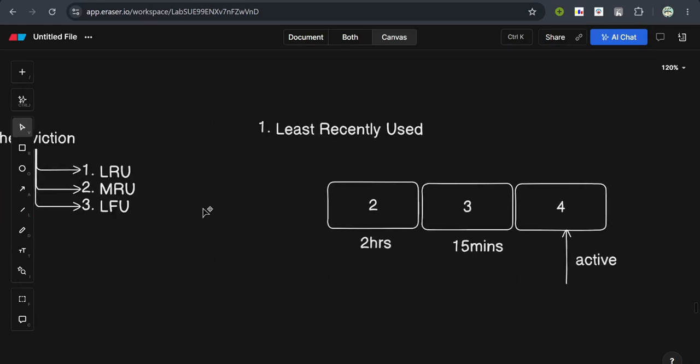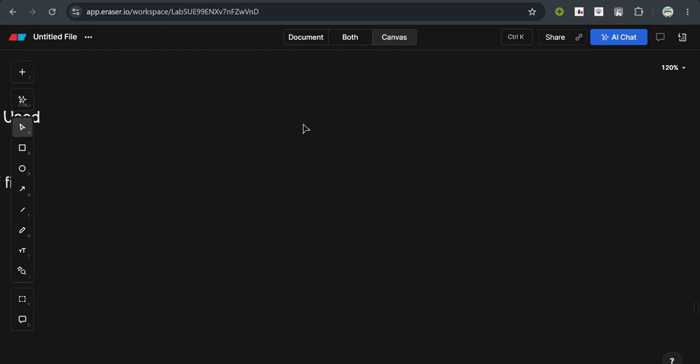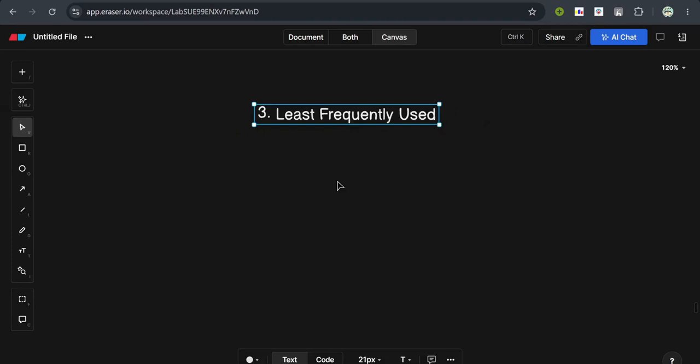Then we have the third strategy, which is LFU. LFU stands for least frequently used, and according to this strategy, the data in cache memory which is the least frequently used, or the least frequently accessed, gets deleted from cache memory.